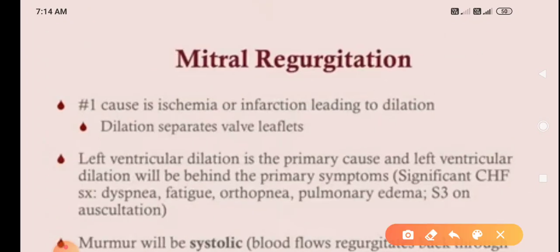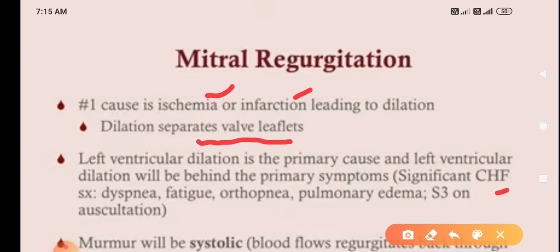Primary cause is ischemia. Mitral regurgitation primary cause is ischemia. Even in dilated cardiomyopathy, primary cause is ischemia, or infarction leading to dilatation. Dilation separates the valve leaflets. Left ventricular dilation is the primary cause, and left ventricular dilation will be behind the primary symptoms: significant CHF, congestive heart